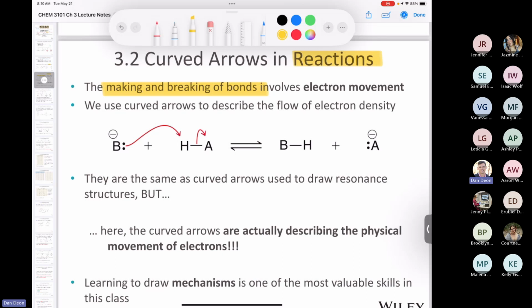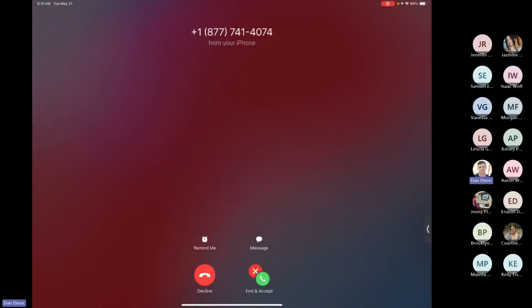So now, if we use curved arrows to represent the flow of electron density, we see our base, which is our proton acceptor, accepting a proton from our acid, which is again our proton donor, and what's left over, we get our conjugate acid, and now we have our conjugate base, okay? Now, I don't think it's wise to try to memorize how the arrows work. You guys know that the tail of an arrow has to start on a bond or a lone pair. You see that the tail of this arrow ends up on a lone pair. The head of the arrow should end up on a nucleus somewhere. So we end up taking the proton. So we say it attacks the acid. And then you see that